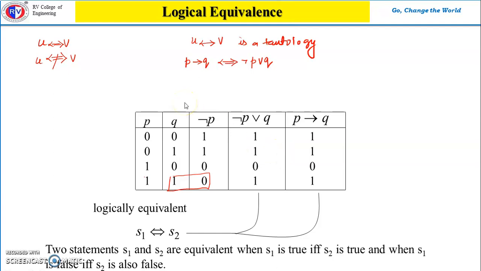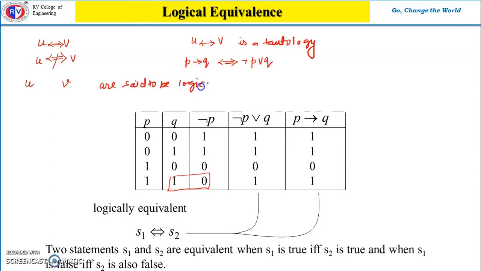In this video lecture, I will explain logical equivalence. So what is logical equivalence? Any two propositions U and V are said to be logically equivalent if they have the same truth value. So if I have two compound propositions U and V, so U and V are said to be